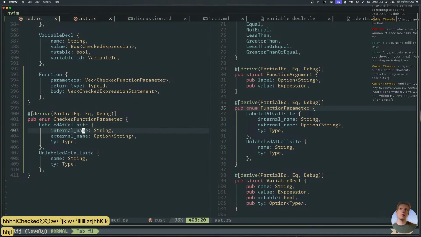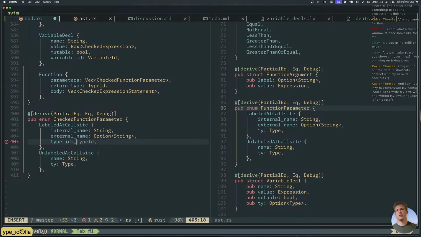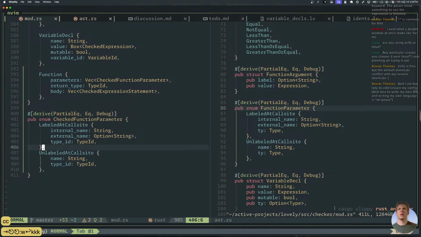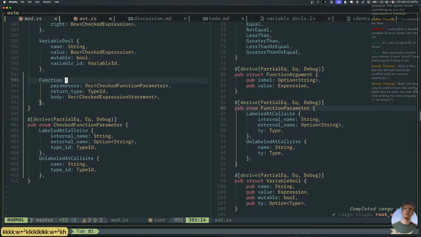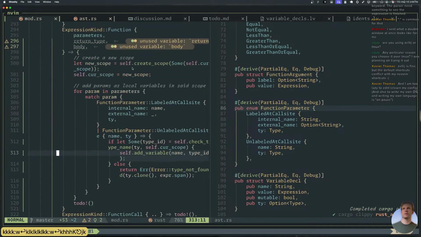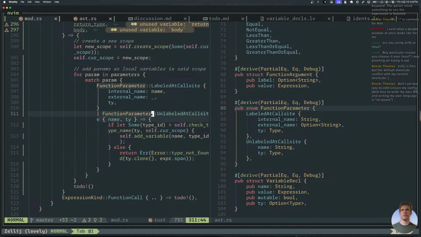Then we label that call site, and then as internal name, type becomes a type ID. Same here. And yeah, that's pretty much it. So that's what we get from a function. All right, now we're all set up.